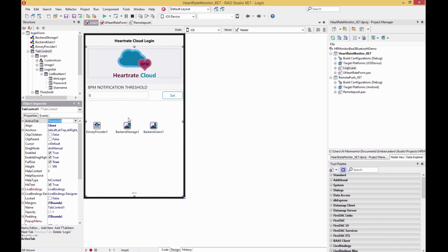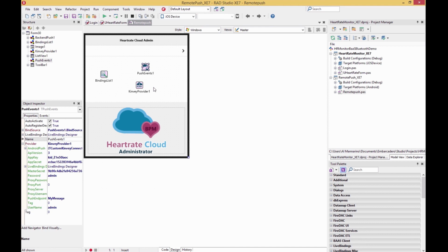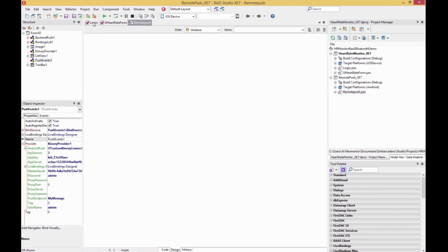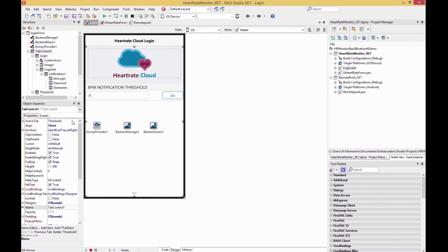And if your heart rate exceeds that threshold, then a push notification is going to be sent to this other remote push notification app, so your medical and/or your training professional knows the name of the user and their current heart rate. On the login form for the backend as a service provider, for our user authentication and to